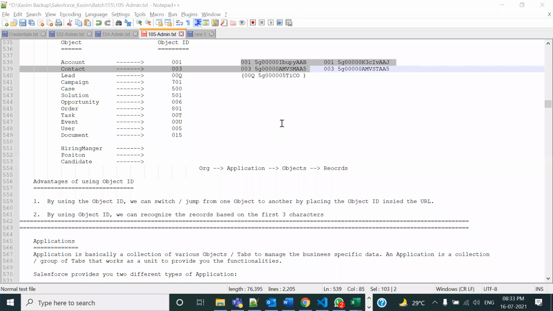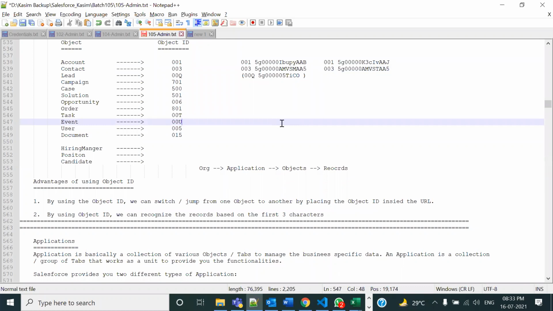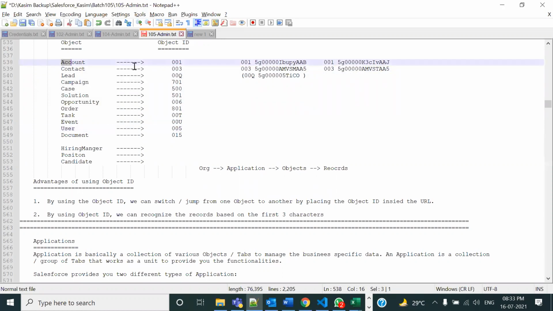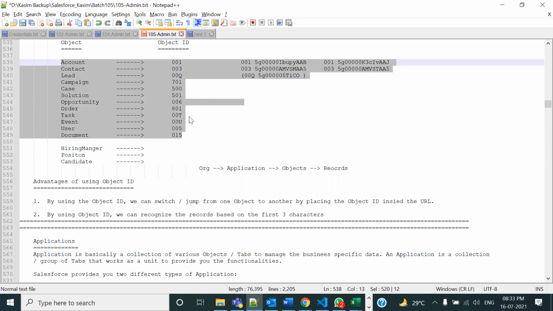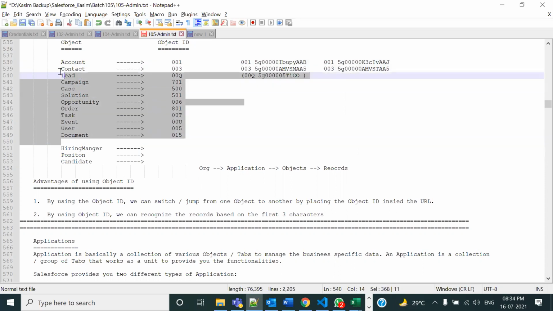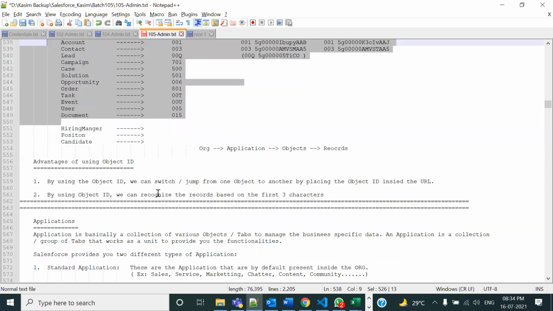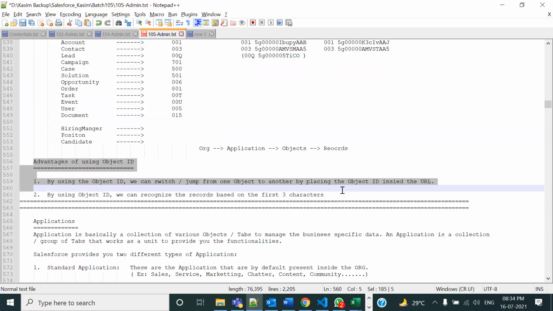So whenever you go for the debugging, that time you receive this record IDs. तब आपको अगर ऑब्जेक्ट आईडीज पता है ना, तो आपको ये पता चल जाता है कि ये जो एरर आ रहा है वो कौन से ऑब्जेक्ट का रिकॉर्ड है। इसीलिए ट्राई टू लर्न फ्यू ऑफ द ऑब्जेक्ट आईडीज। सारी याद नहीं करनी है और ऑब्वियसली पॉसिबल नहीं है ना, बहुत सारे ऑब्जेक्ट्स हैं, बट एटलीस्ट आपके डे टू डे में जितने आपको ऑब्जेक्ट्स लग रहे हैं, सो ट्राई टू लर्न देयर ऑब्जेक्ट आईडीज। और कितने डिजिट का आईडी, 3 डिजिट का तो आईडी है यार, कोई बड़ा डर नहीं है। सो दिस इज वाई आई एम टेलिंग यू टू लर्न दी ऑब्जेक्ट आईडीज, ठीक है। वैसे ये जनरली कोई बताता नहीं है, लेकिन फिर मुझे पता है इसका फायदा क्या हो सकता है। तो दीज वर द फ्यू एडवांटेजेस जो रिलेटेड टू दिस है।